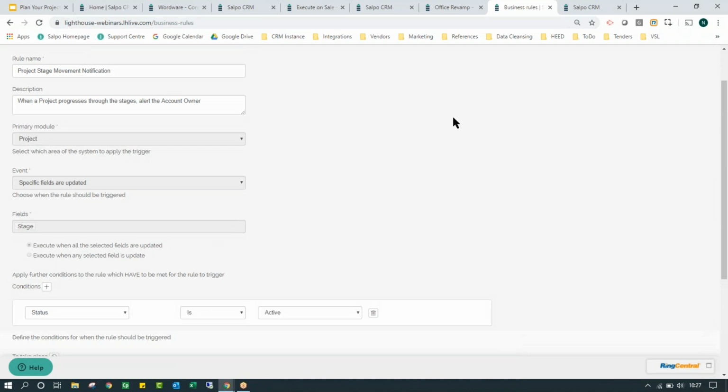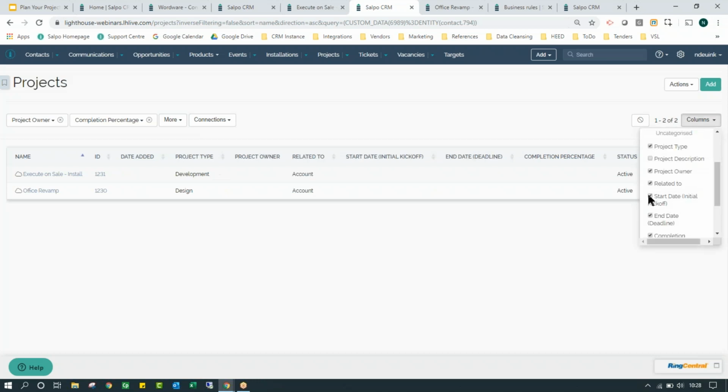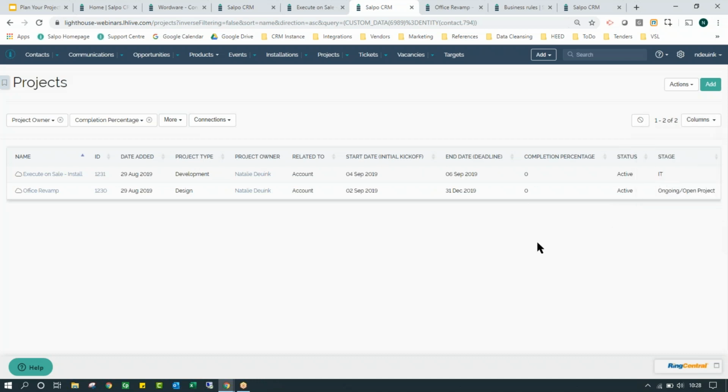So lastly, we're going to take a look at reporting on the accuracy of time and resource quote estimations. So jumping back into the projects list view page, this is where you're going to be doing a lot of that reporting. And this is also where you end up doing the comparison of dates and times. So right now I have my end date in here. So let's add my start date, and you'll see that this table changes as soon as I add in any of these additional columns. But let's say my start date and end date, I have 2 days in between here to complete this project,